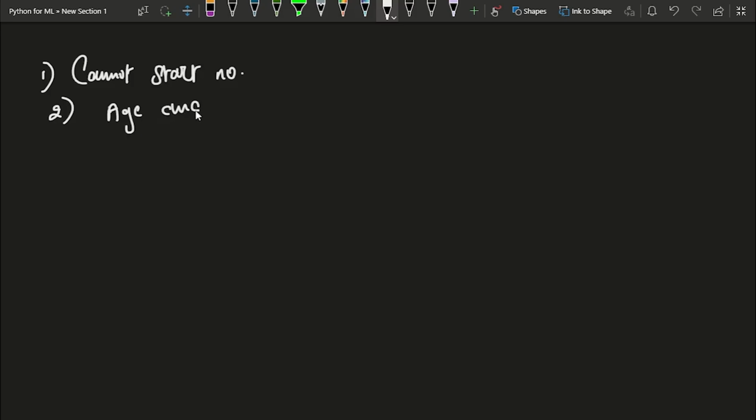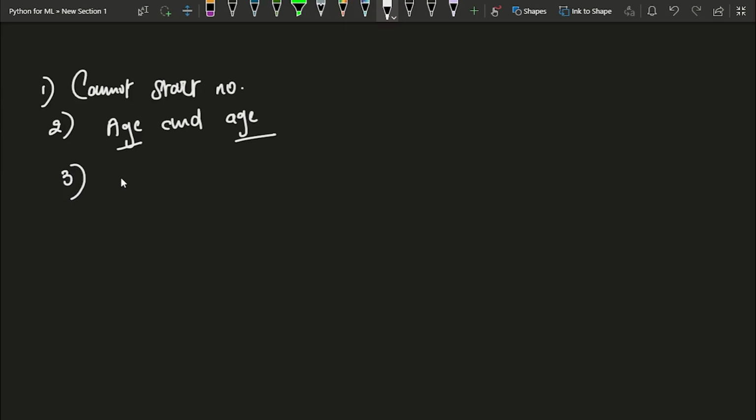The capital A and small a versions are different variables, right? The Python programming language is a case sensitive language. So if you use a capital letter in one variable and a small letter in another, they represent two different variables. They are not the same.